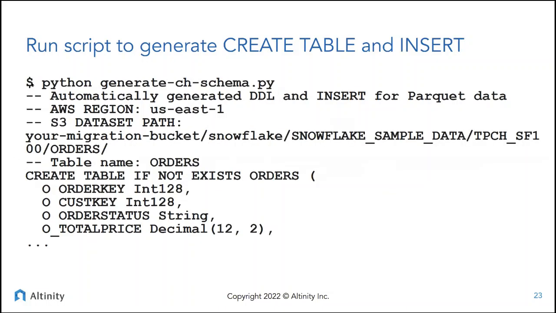Once you've done that, you can just run this Python generate ch schema.py script, which uses the PyArrow libraries to read the data set and figure out the column names. And then it'll generate a create table statement for you, as well as the command to insert by selecting from the S3 function. It will put your keys in and take care of generating this kind of gnarly syntax. Of course, it doesn't actually run the commands for you. It just prints them. So you're free to modify them and then just stick them in your favorite client and run them.